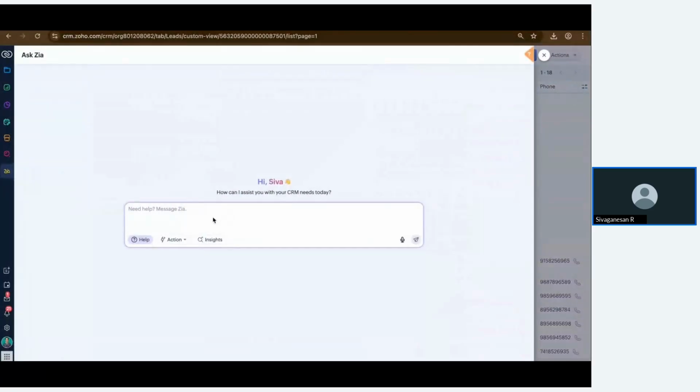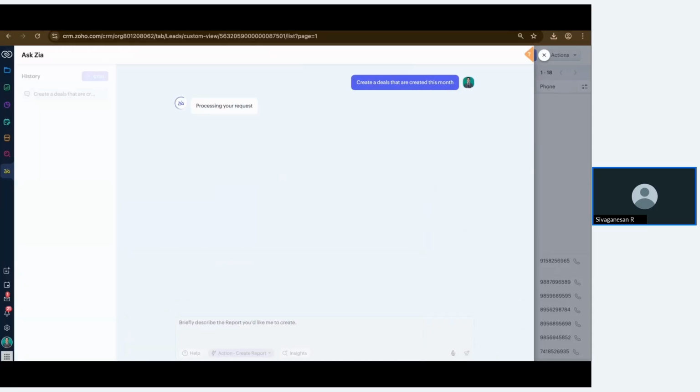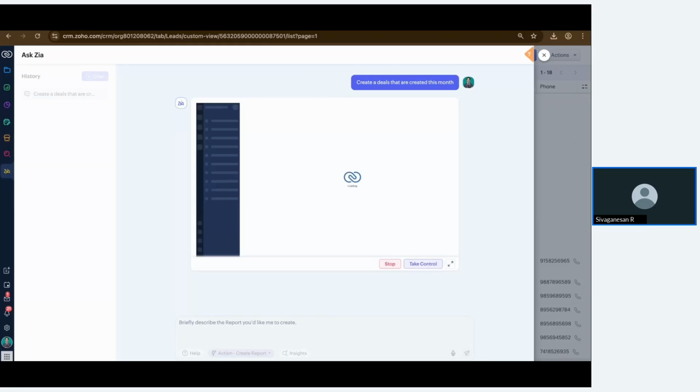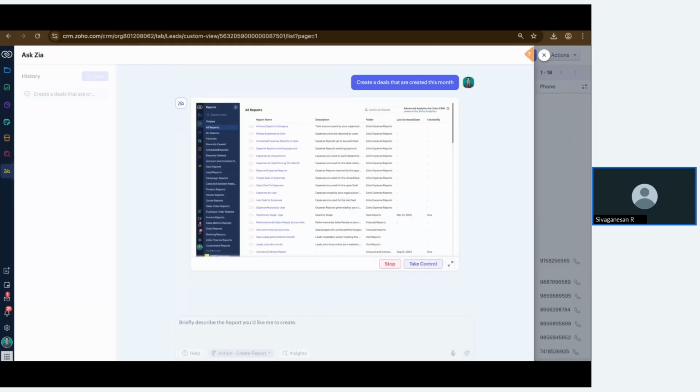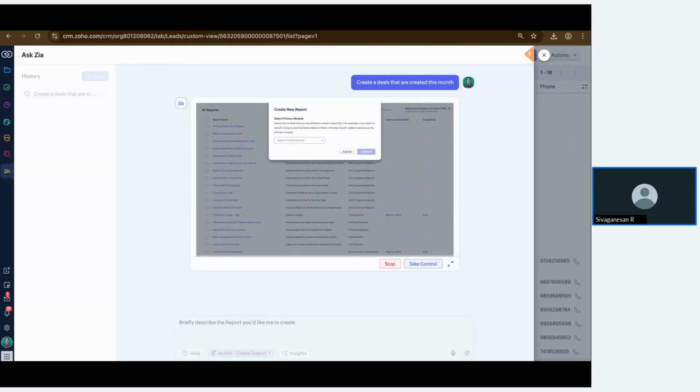What I'm doing right now is accessing Zia. I am choosing actions; we have three more options like actions, insights, and so on. I just want to create a report on how many deals I've created this month. Once I feed the information into Zia, Zia can directly go and access the CRM, and she can pick up the primary module for that.